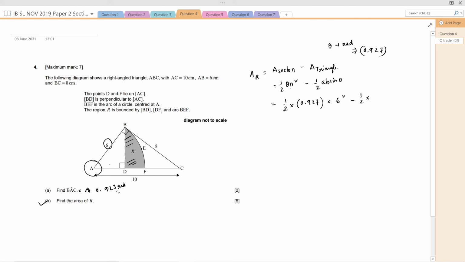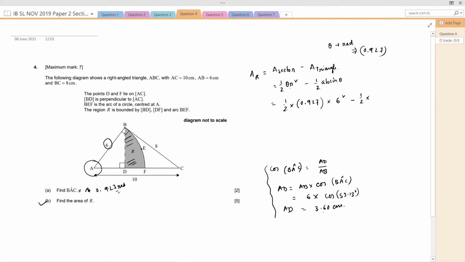Just use this formula: cos of angle BAC equals AD by AB. So AD equals AB into cos of BAC. The value of AB is 6, so 6 into cos of BAC, and here I am using cos 53.13 degrees, so it will be 3.60 centimeters. After you calculate all the things, you can find the value of AD. From the calculator you will find 3.6.